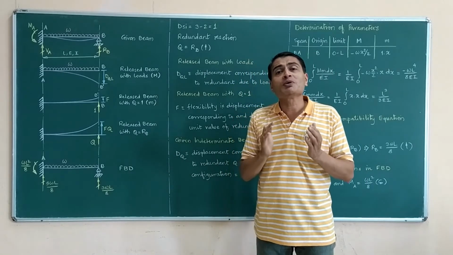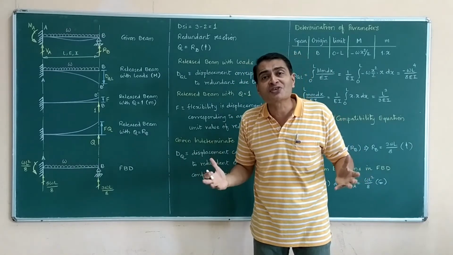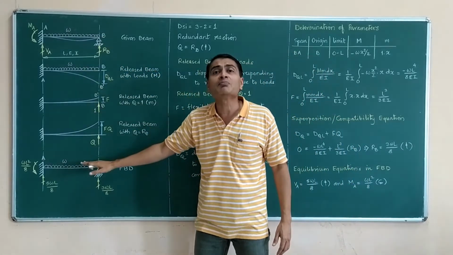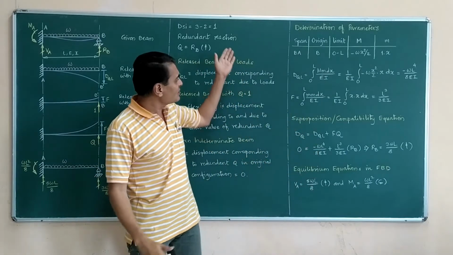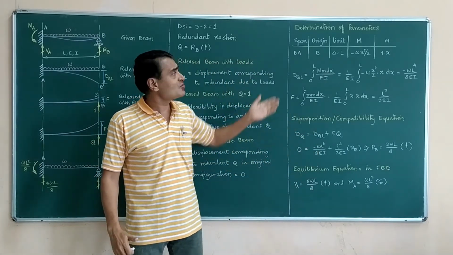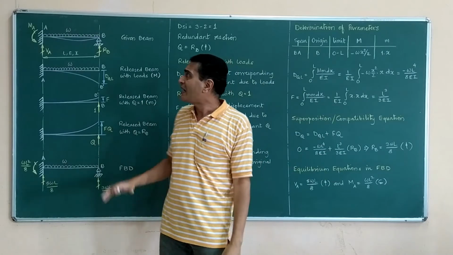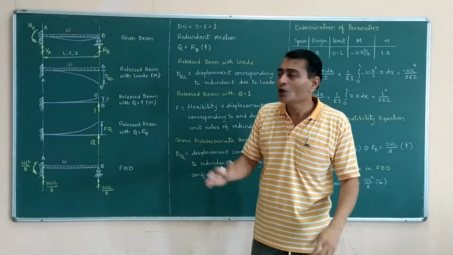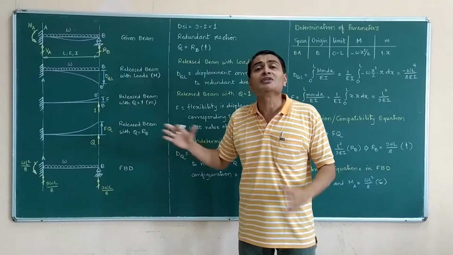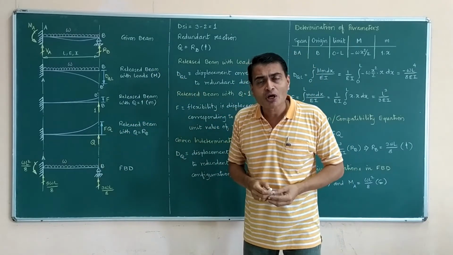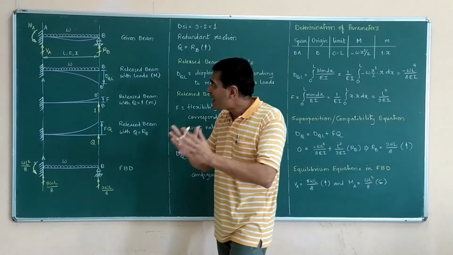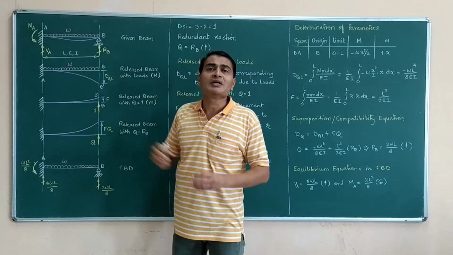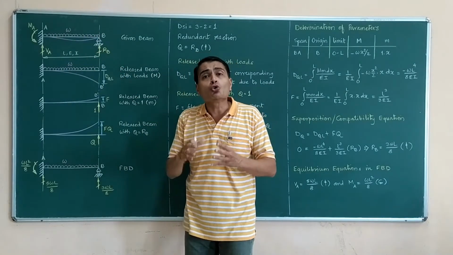Now what is going to be my approach? Why am I defining this redundant? That approach I will first make clear in my drawings, and then we will see what all these notations and calculations are. And since we have already discussed the stiffness method, you will readily understand this superposition approach. What am I simply doing? I am going to assume that this particular configuration is made up of two configurations.